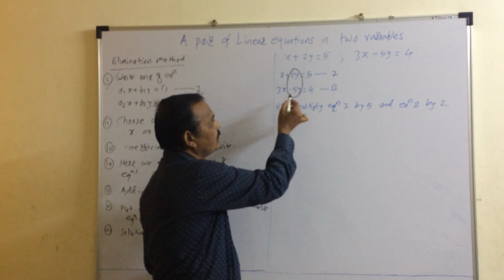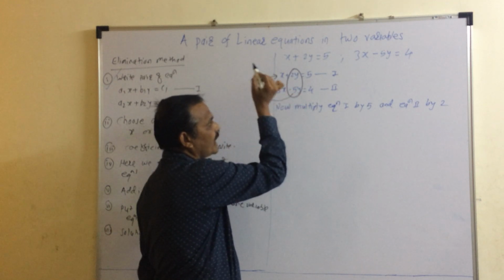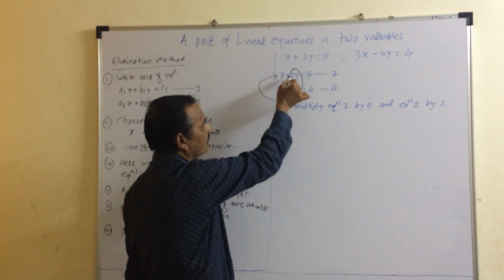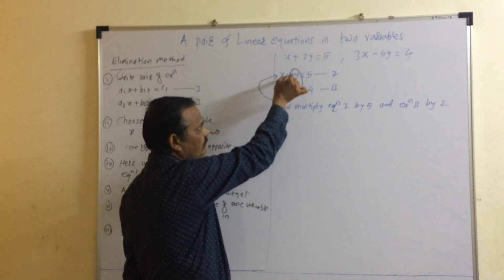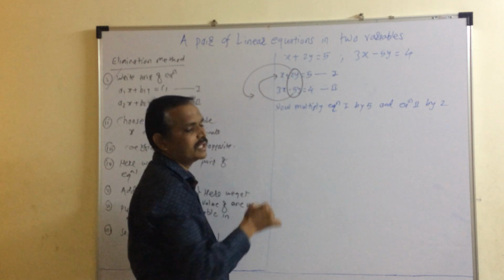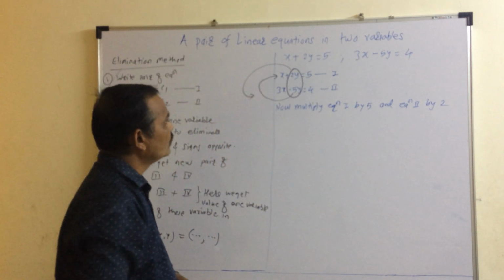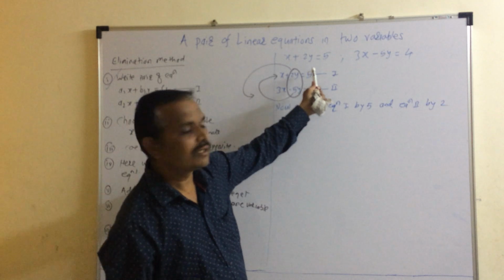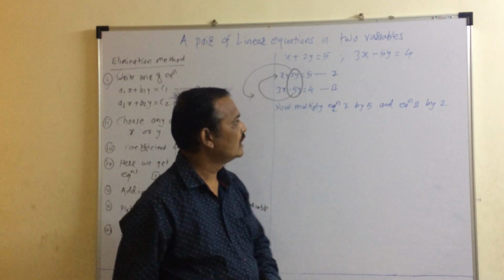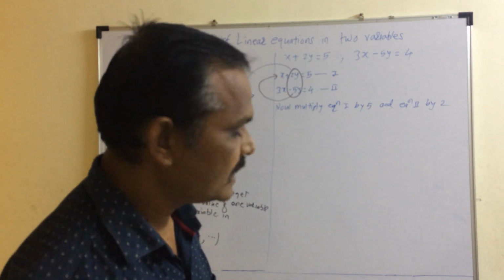So we multiply the first equation by the coefficient of y from the second equation, and for the second equation we multiply by 2. In this way we can make the coefficients equal or the same. After that we get new equations as,